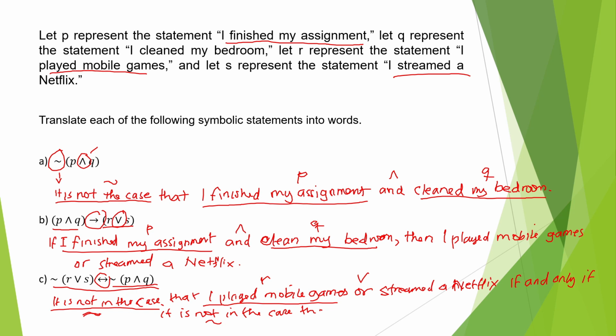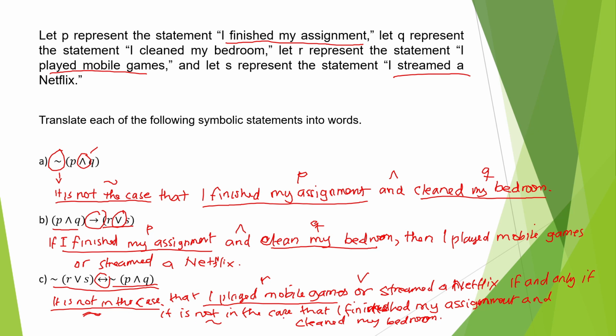That I finished my assignment, and this one is and. What is our and? And Q. Clean my bedroom.